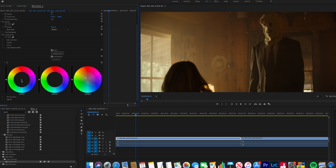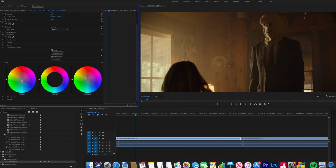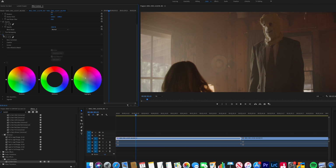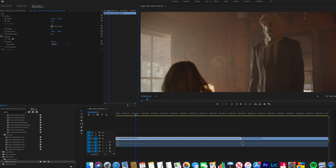Shadows, there's not a lot of blues in the shadows. Typically, if you were to go warmer in the midtones and highlights, you would drop the shadows down to a blue. We might ever so slightly drop it into the blue, but very, very minimal. We don't want it to be noticeable at all. So already we're starting to get there, nowhere near where we need to be, but you can already see that look is getting where it needs to be. From there,